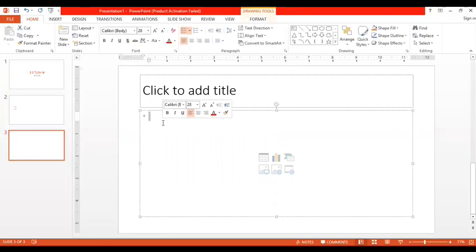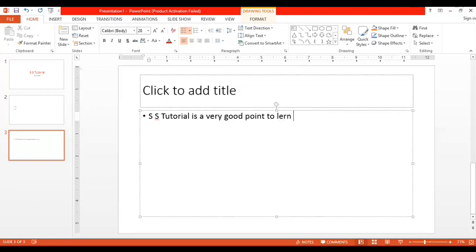So I write a paragraph right here. Okay, I just write a paragraph. This is a very good point to learn computer, math, and science.